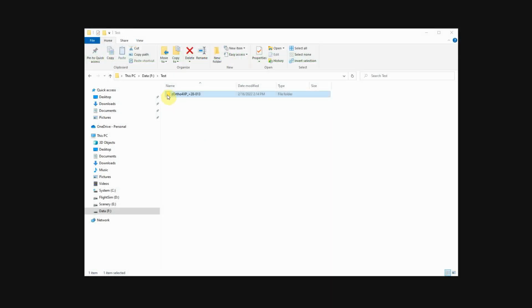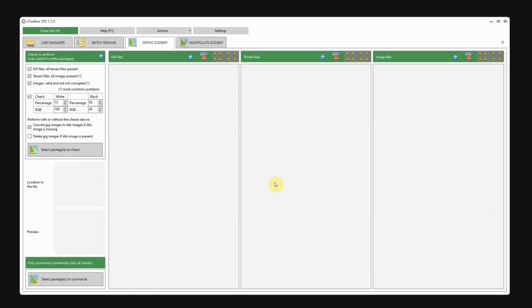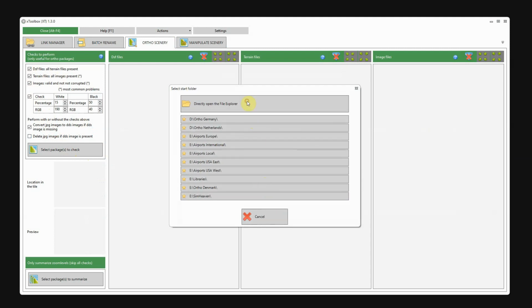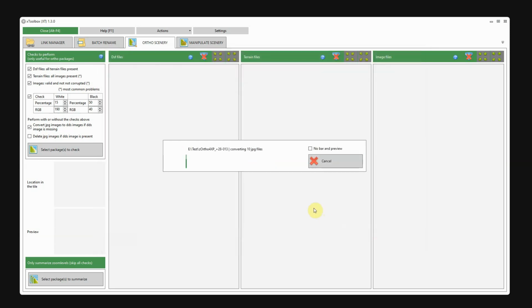So here I have a package which currently only contains JPEG images, and we'd like to convert them into DDS images. So how does this work, converting with xToolbox? I'll leave these checks also enabled, it does not do much harm. First we need to go to the package, and now you see it's converting,